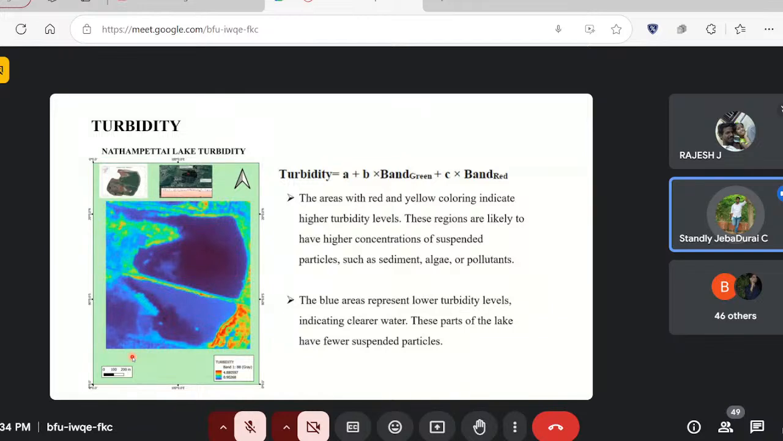Turbidity. Turbidity can be calculated by using the software ArcGIS or QGIS. Turbidity is calculated by using this formula. All these RGB band data, red, green, and blue. These were the RGB band data. These data you can gather by using the Landsat data. Landsat would have all these data, and by using the Landsat data, you can calculate all these